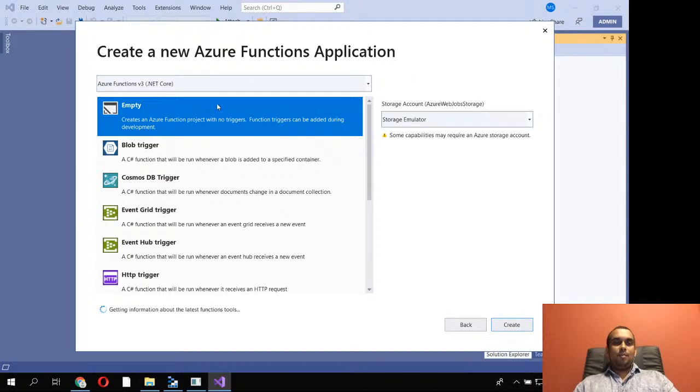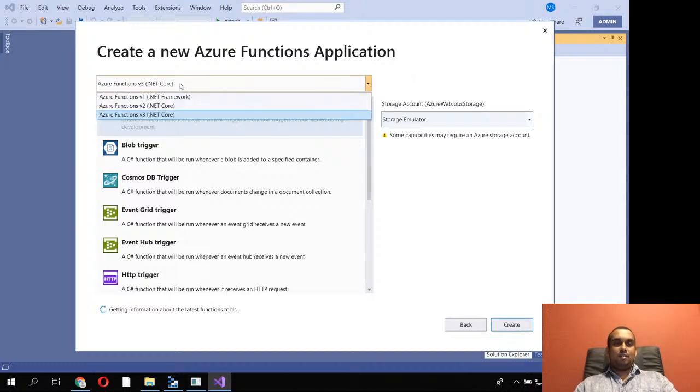Now when I come here, it's asking for the version, whether we are using v1, v2 or v3. I will use the latest, and we'll start with the empty template because it's cleaner, it's not creating anything. Up in here you can see there's a warning that some capabilities may require an Azure Storage account. So what does it mean? There are some capabilities that do not need it,